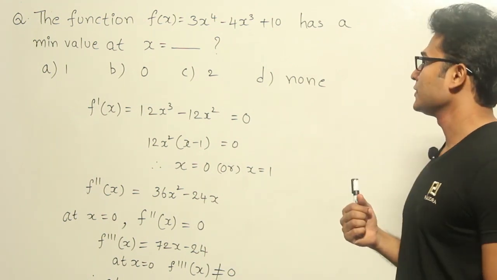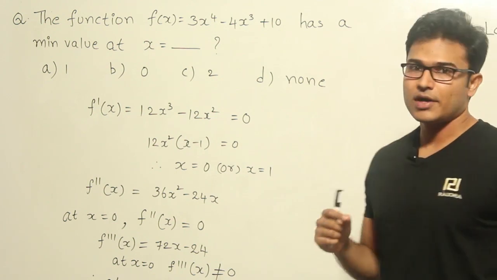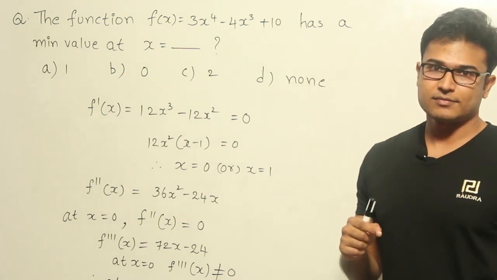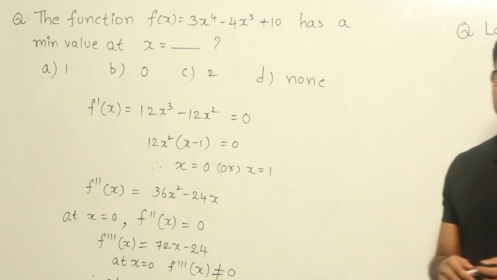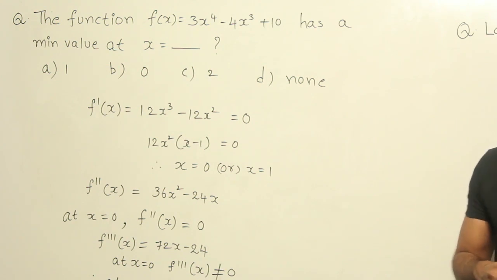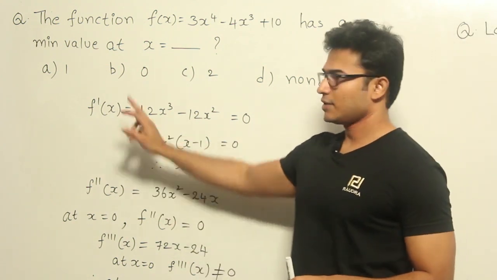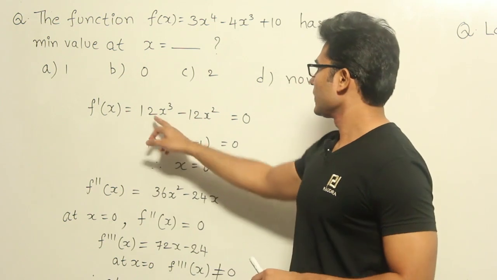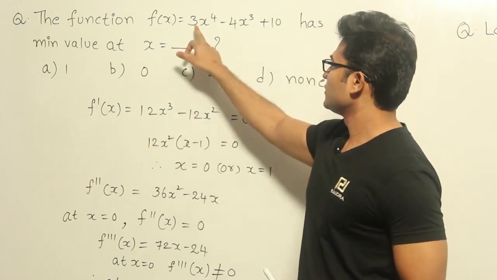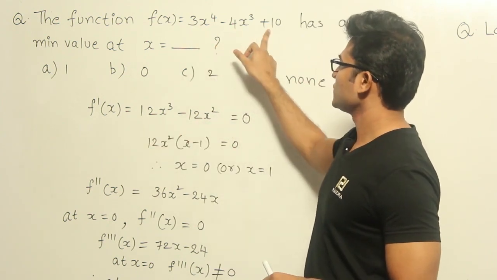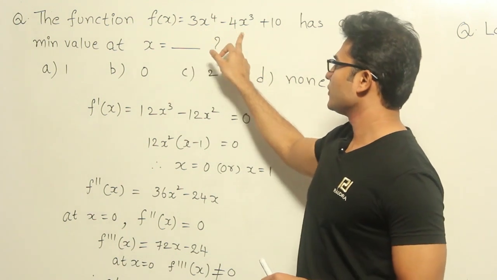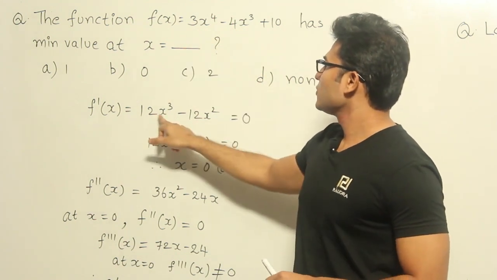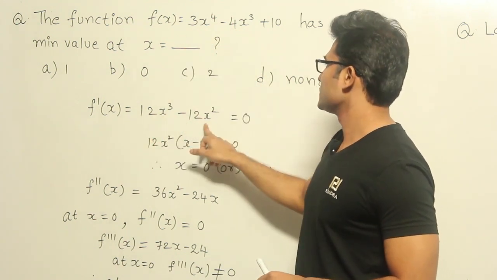Now how to find it out is, as I told you, first find out the f dash of x and equate it to 0, so that you will find out all the stationary points, right? So f dash of x, which means first derivative. The function is 3x power 4 minus 4x cube plus 10. If I find f dash of x, I am going to get 12x cube minus 12x square, that equal